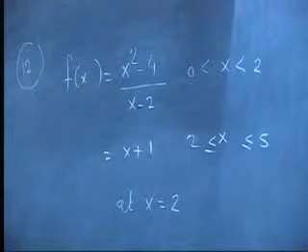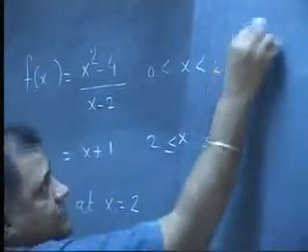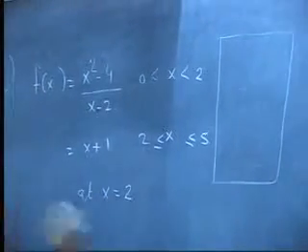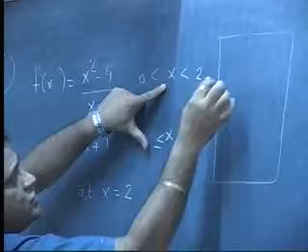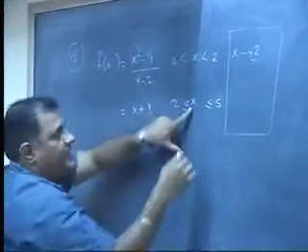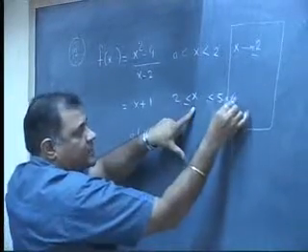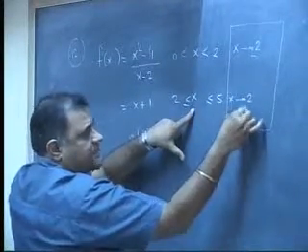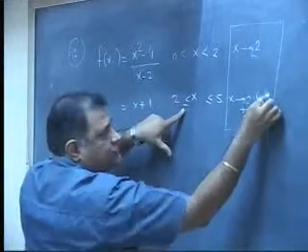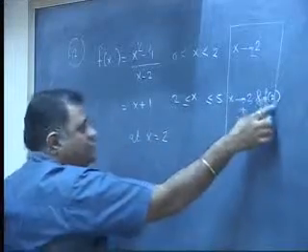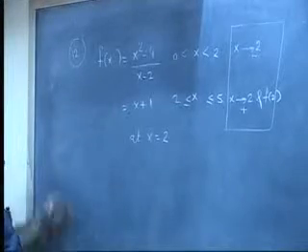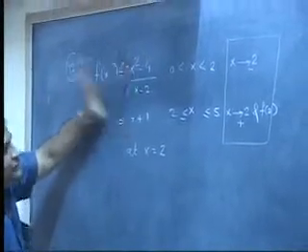So first step in continuity is check the function. I want to check the continuity at x is equal to 2. So x less than 2, x tends to 2 from negative side. X is greater than 2, x tends to 2 from positive side. And x equal to 2, so it is f of 2. So the two values are being defined by same function. Now I am going to solve these two problems of limits.